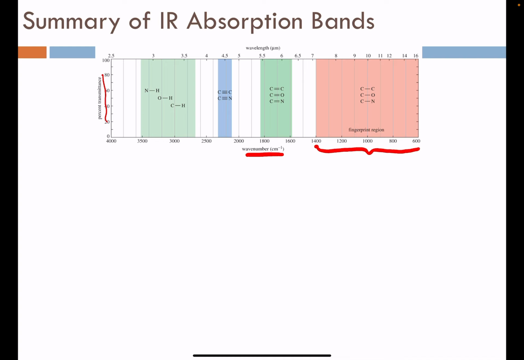Moving past this, up to and outside of the fingerprint region, this is where we're going to find more universal rules, so regions get much tighter. And we can see that the carbon double bond region is roughly 1,850 to 1,600 wave numbers. And here's where we're going to find carbon-carbon double bonds, carbon-oxygen double bonds, carbon-nitrogen double bonds stretching. Moving up further,